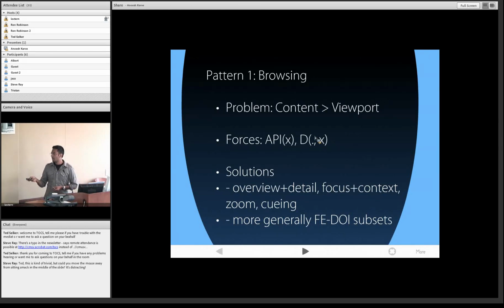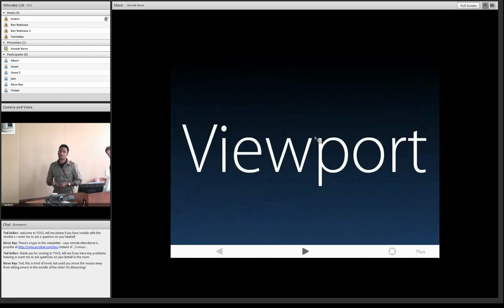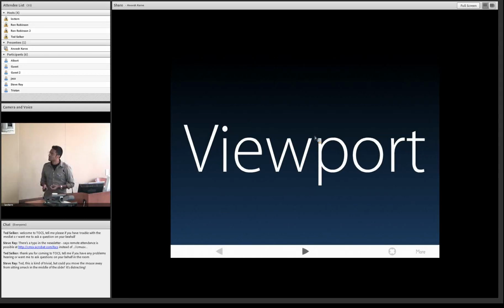And then we looked at a handful of techniques here. The nice thing I think about the fisheye framework is that it takes all of these techniques and forgets about exactly how you're going to do the visualization and focuses on what you show. And what you show is all of the things that are sufficiently interesting. We've already gone through the formulation of that. So now I want to use this concept of a shrunken or constrained viewport as a segue to our next topic, which is mobile design.